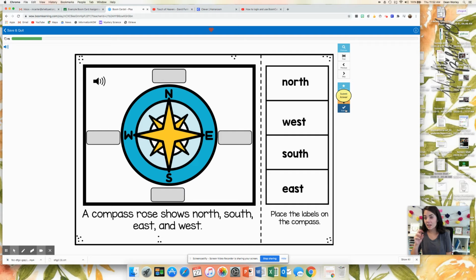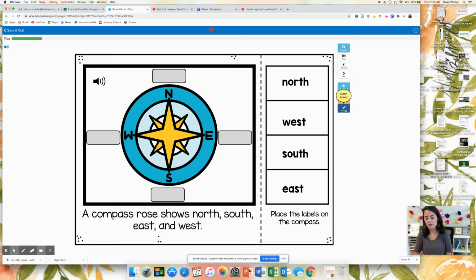Perfect. The kids usually love these Boom Card sets. I use this with some of the students that I work with outside of school, and they absolutely think it is so fun. They like to hear the little ding. A lot of my kids will say boom when they get it right. That's something that the Boom Cards website suggests. So kids really seem to like this, and they like being able to actually physically move the different parts of